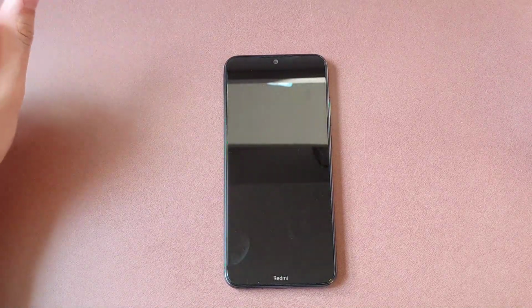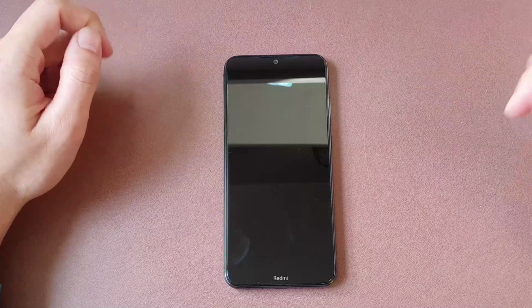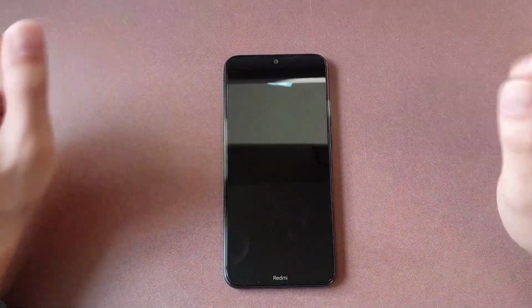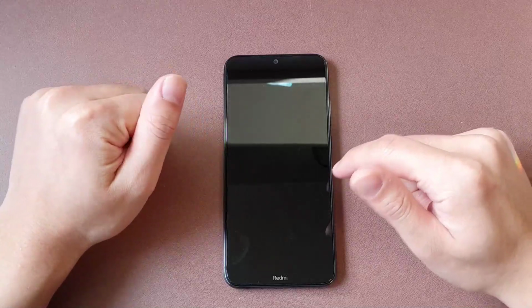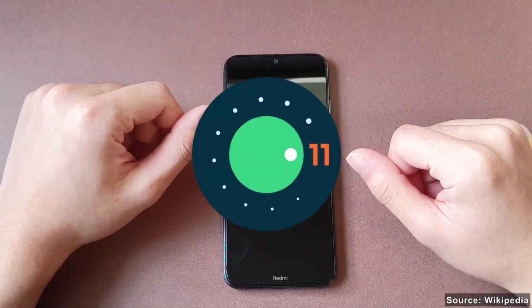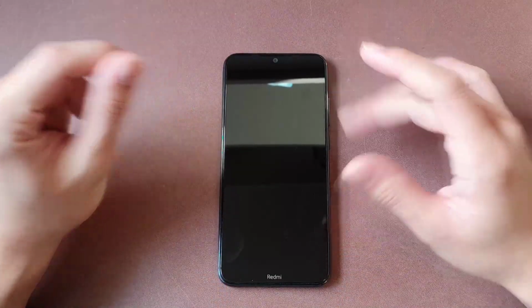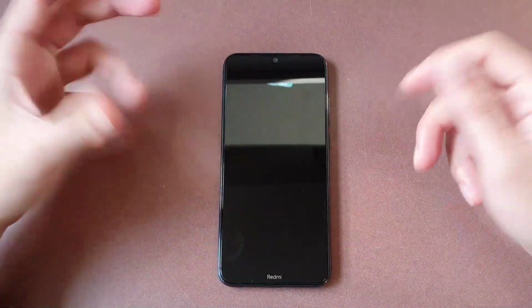Today we are going to look at the Xiaomi Redmi Note 8T. We looked at this phone before, about 2 years ago, and I'm going to record this one again with Android 11 with MIUI 12. I originally planned to do an Android 10 with MIUI 12 review and then go to Android 11,